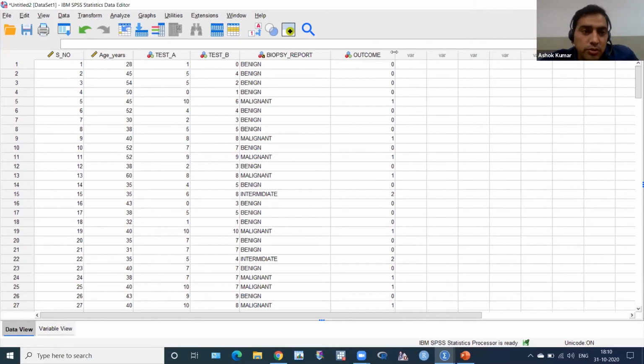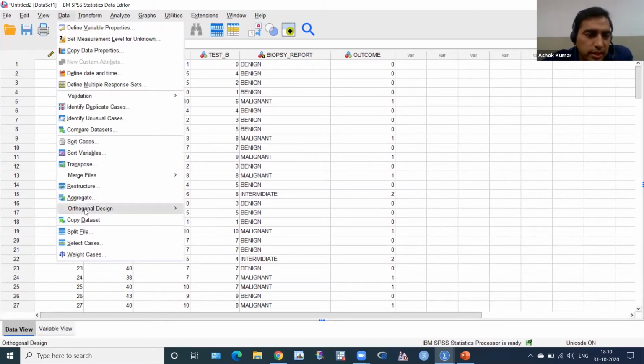So what you have to do, just click this data button. This is file, edit, view, and data. Click here. Then there is the option of select cases. We have already learned split file, but now we want select cases. And why the need of select cases? If you don't want some group observations in your analysis, then you have to use it.